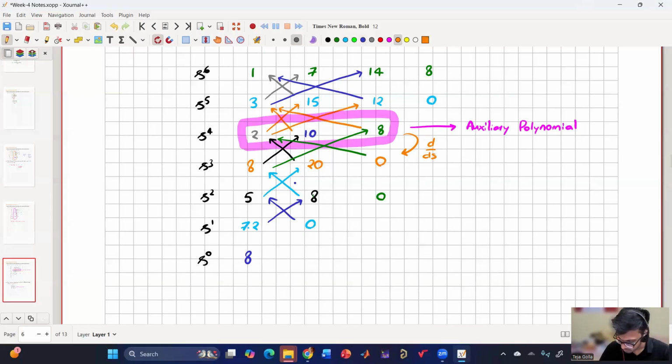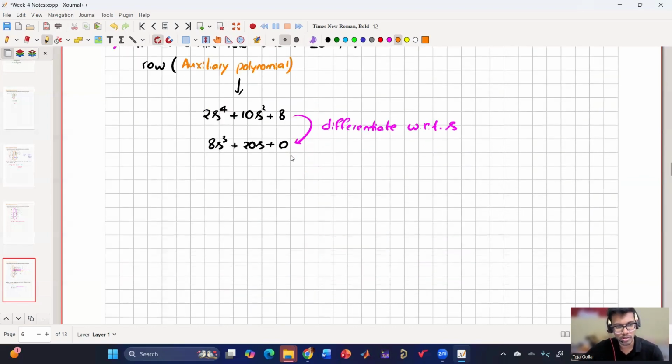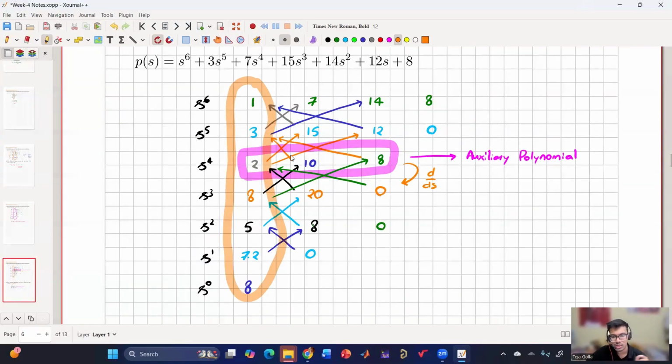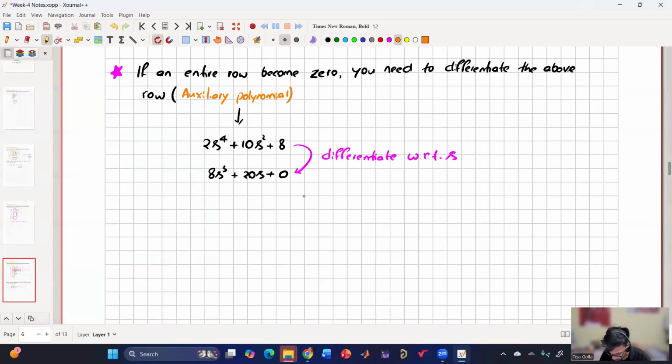Okay, so now we are concerned about the first column. But before making any comments, I have to tell about this auxiliary polynomial. First, we have encountered one row where all the elements are 0. Then we have used the auxiliary polynomial to get the coefficients of that particular row. And then we have finished the Routh table. Okay, but now there is something that we need to learn about this auxiliary polynomial, which is